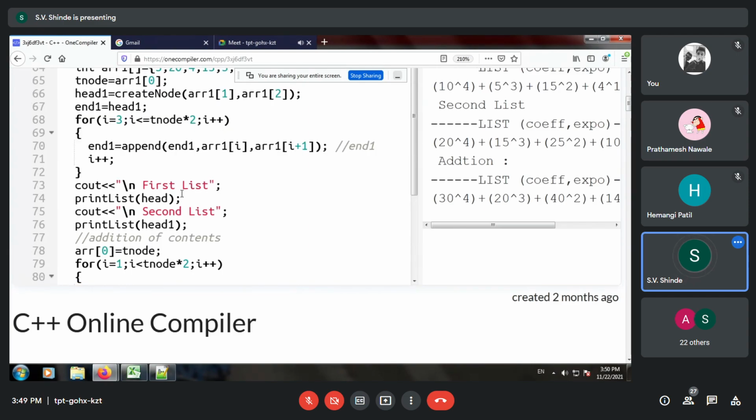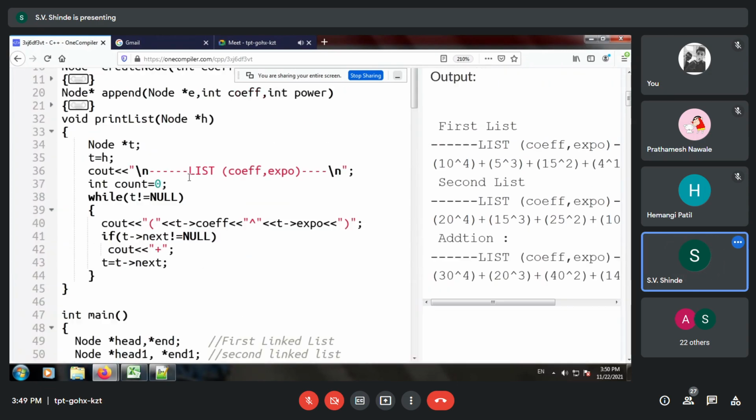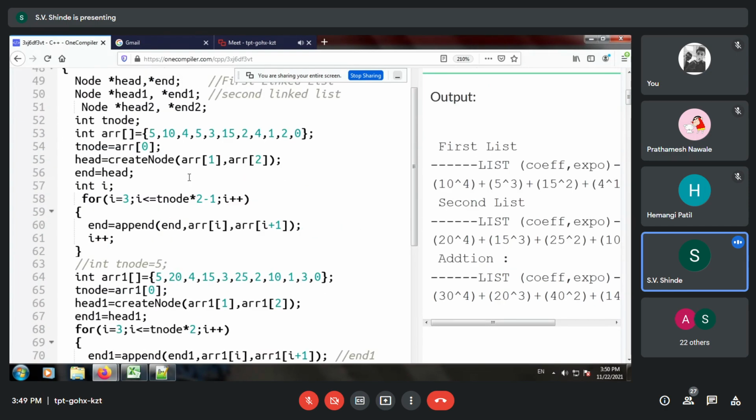So everyone, you can see that it is of order. You can observe the first array. Over here 4 is the highest degree, then after that it is 3, then 2, then 1, and then 0.